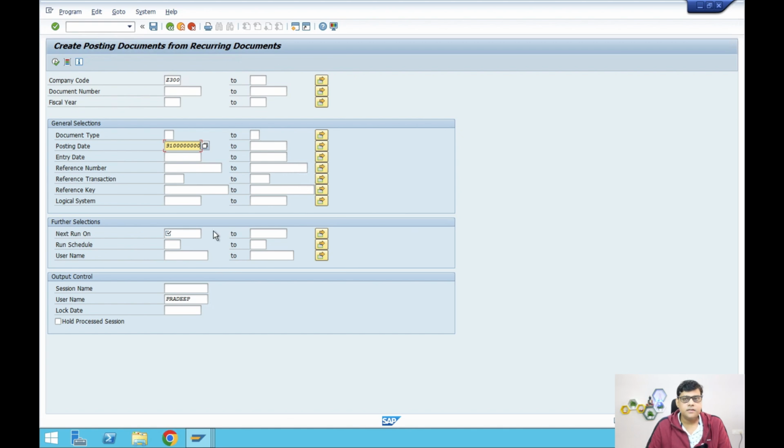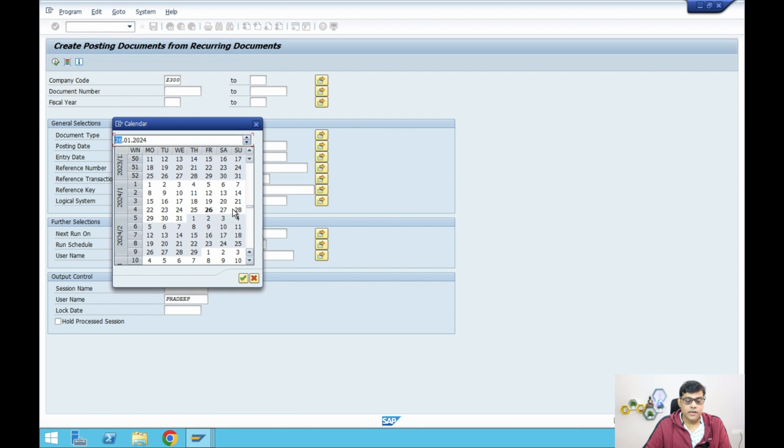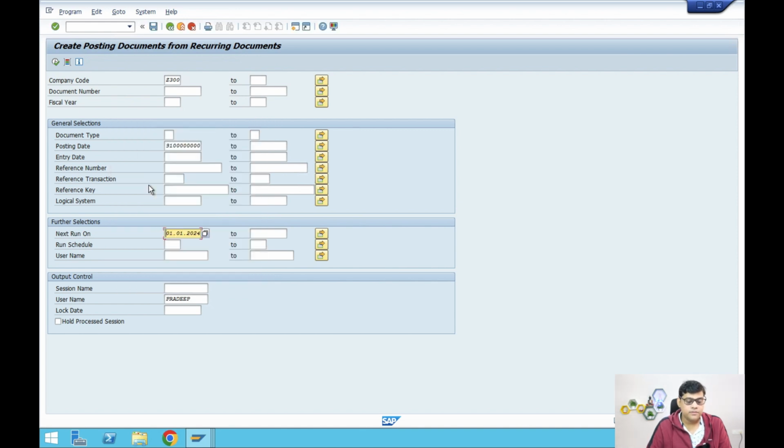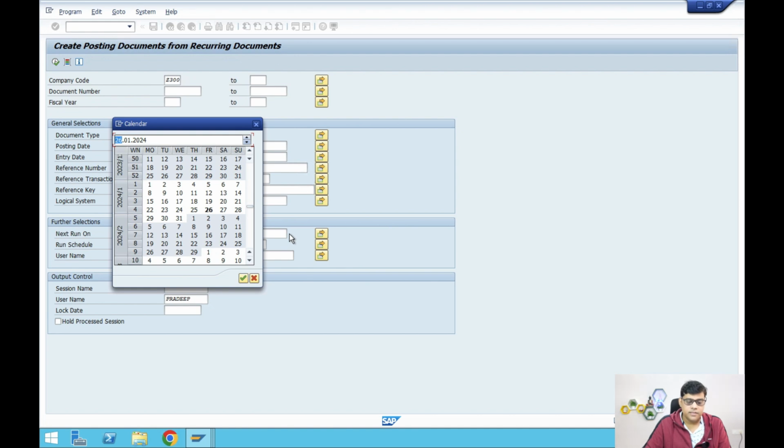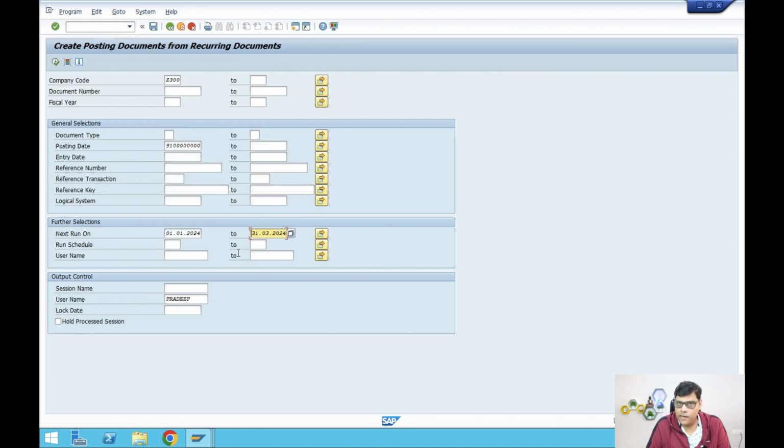Right, and then select here the next run date. So next run date, suppose I will select here, that means when it was 1st January. So I will select here the 1st January will be my run date. Okay, and till the last next run date range I am giving here, and it was 31st March. So I will add that one. Okay, so you need to create one batch for this.